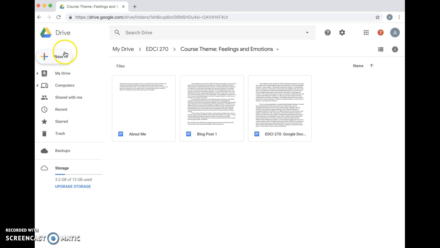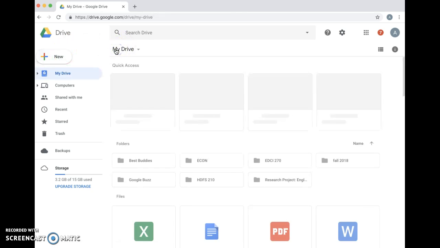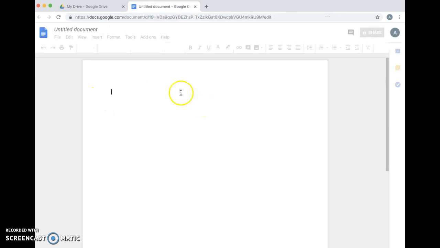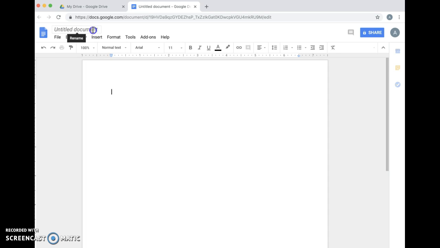Now to create a new document, you go back to your drive and you go New, Document. Now this will be information about theme. Okay. Then to save it to a specific folder, I can go File,